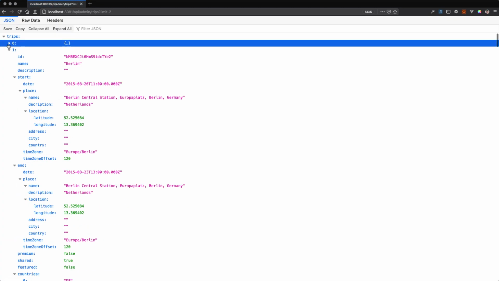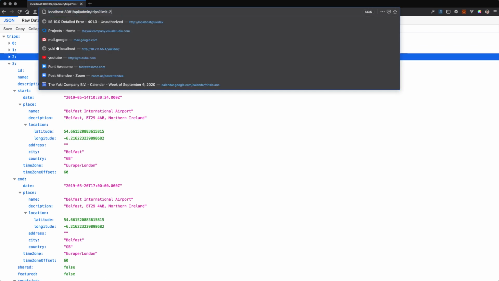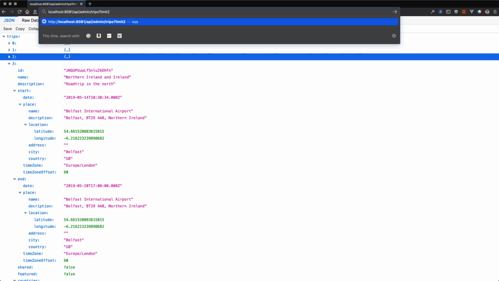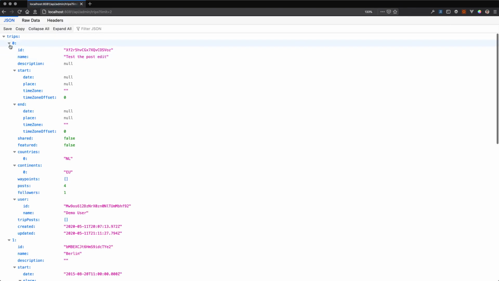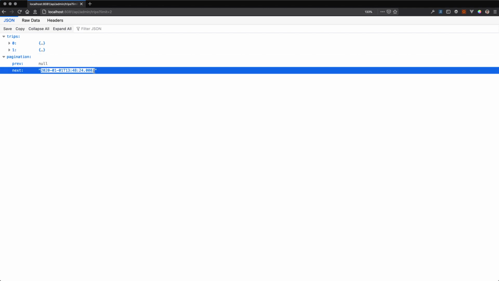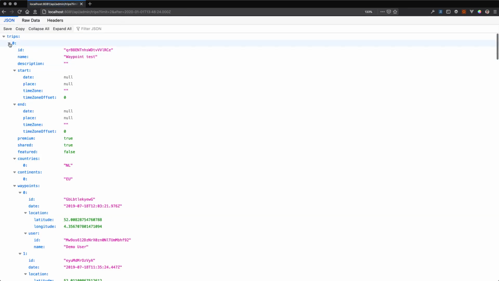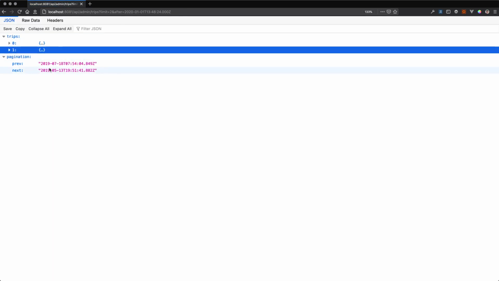We have 2 trips. Limit is, you see, there's a typing mistake, very simply made. We get 2 trips and we get this after parameter. And now if I copy this into a parameter, it will nicely return me again 2, but now you see we also have a previous page